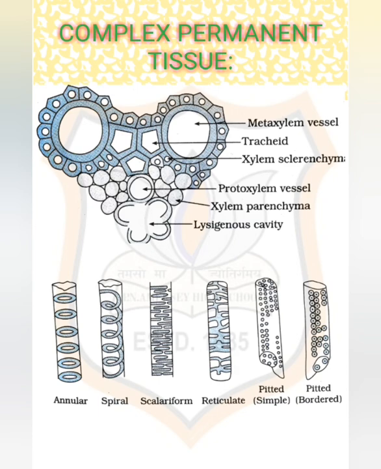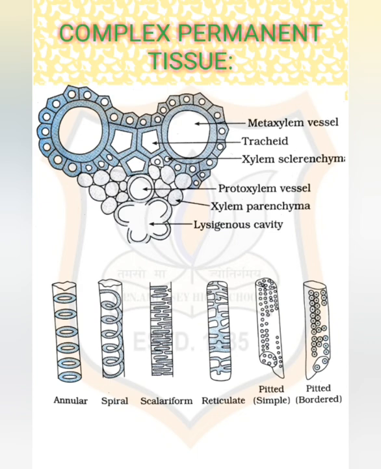So students, different types of tissues we have discussed in last videos. Until now, all are made of one type of cells which look like each other. Such tissues are known as simple permanent tissue that we have discussed in last video. Yet another type of permanent tissue, that is complex tissue.